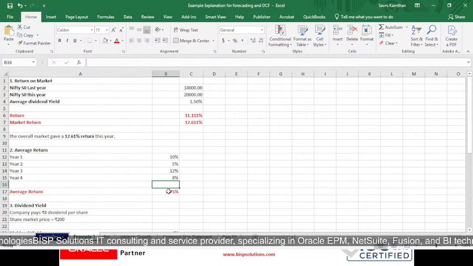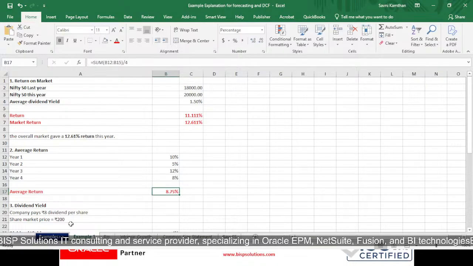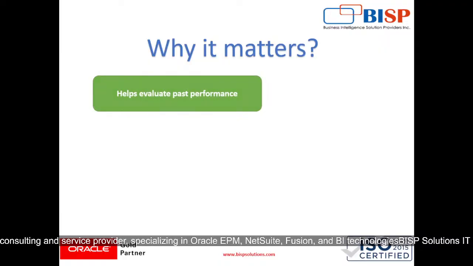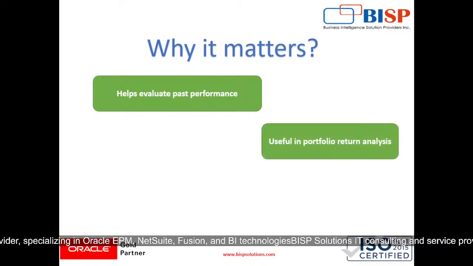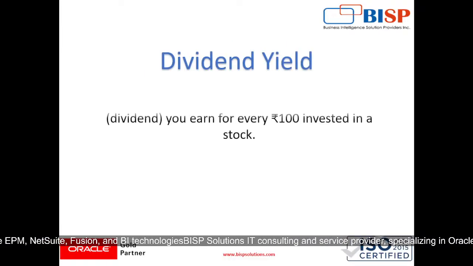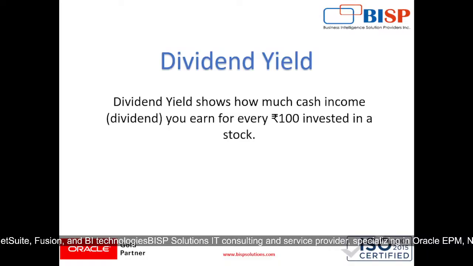So we are getting 8.75% for the same. Next is why it matters. It helps evaluate past performance, is useful in portfolio return analysis, and is used for comparing different investments also. Then comes our dividend yield,